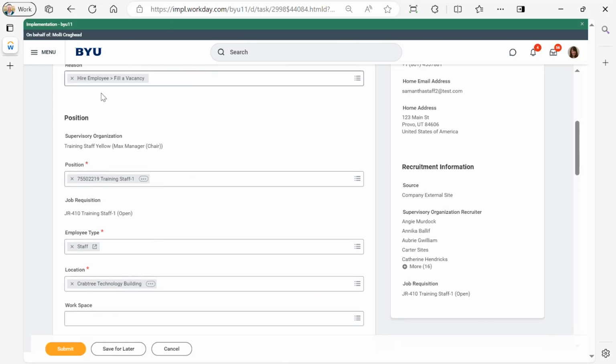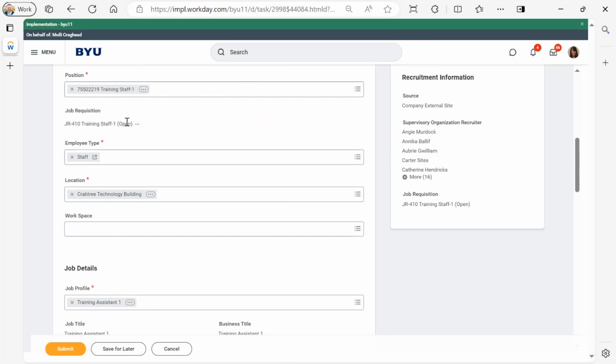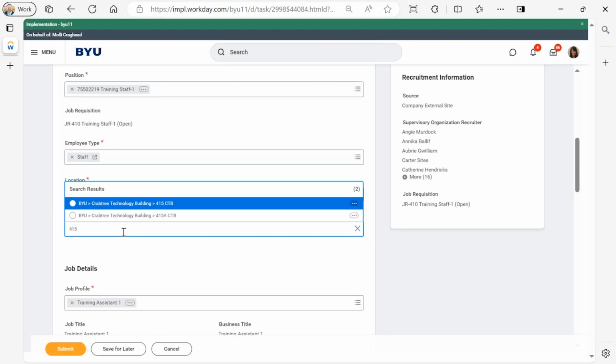This is an optional field. If it's not optional, it would flag an alert for me to complete. Okay, we have training staff 1, staff, and we have the Crabtree Technology Building. This is where, if Molly knows where this person's working, you could adjust this location right now. It's likely to say general campus at this point, so they could pick the department's building, the music building, right? And that's where it would say this employee's working. We've chosen Crabtree because I know that building the best, and it's going to give me the filter for Crabtree